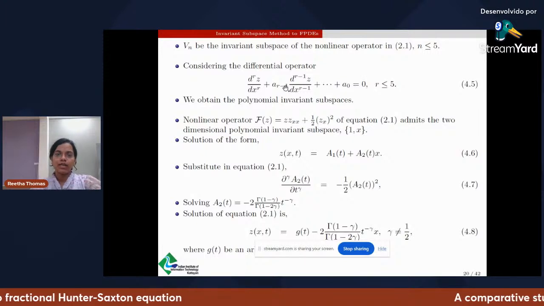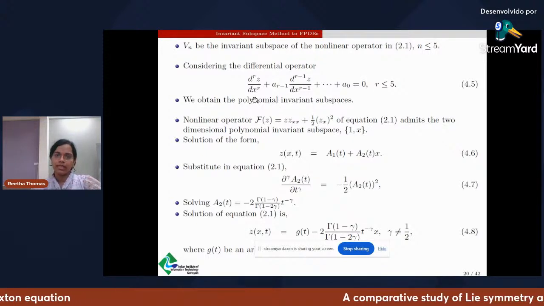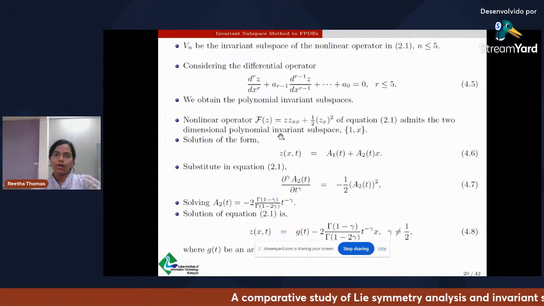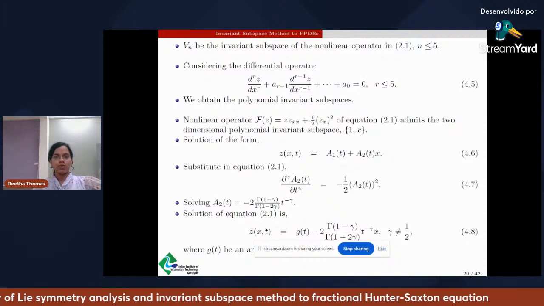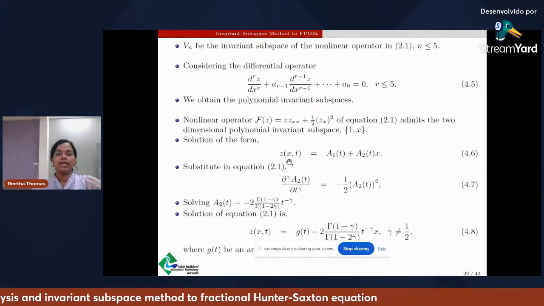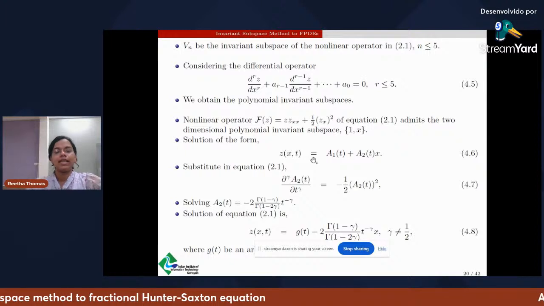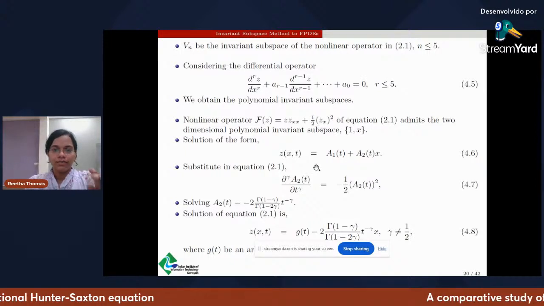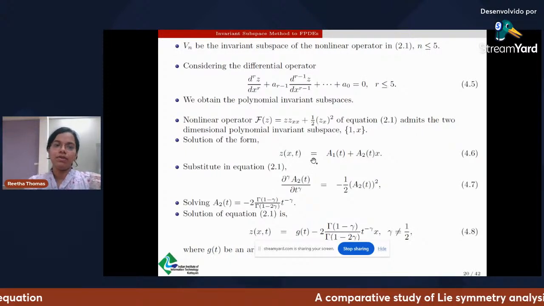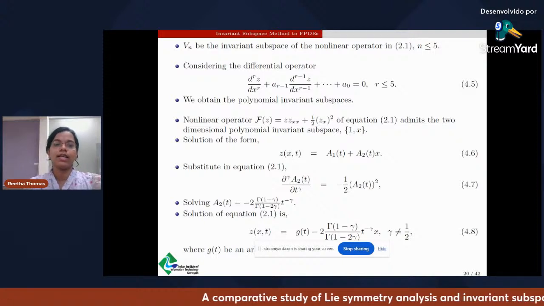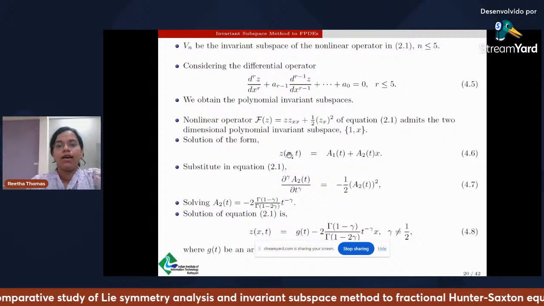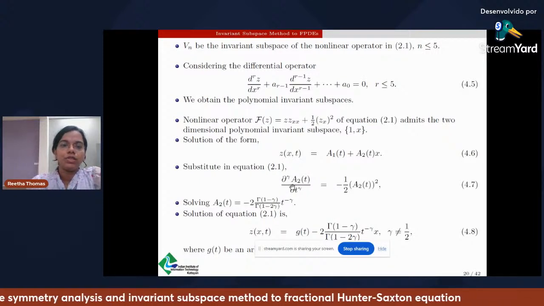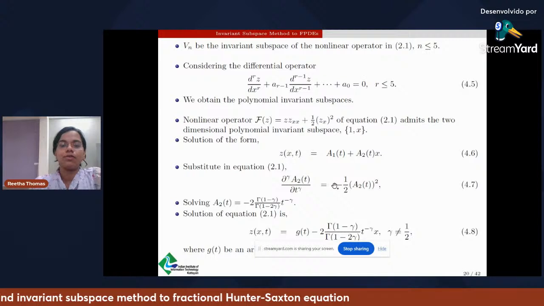Using that, we can obtain the constants for this ODE, and we can obtain the polynomial invariant subspace 1, x. So in the invariant subspace method, we consider the solution in the separable form. That is, z is in the form a1 of t plus a2 of t times x. We substitute this separable form solution into the original fractional Hunter-Saxton equation, and we can obtain this fractional ODE,